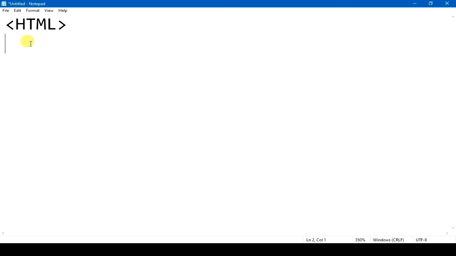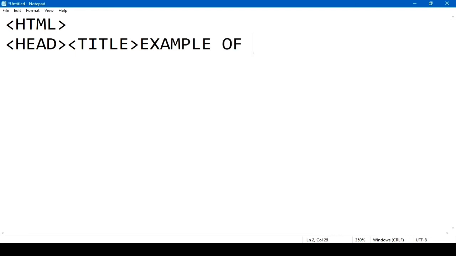So every web page starts with the HTML tag, then head tag defines the head of the web page, that is title, then the title tag and the name of the title. Example of the internal linking. External link example you have seen previously.